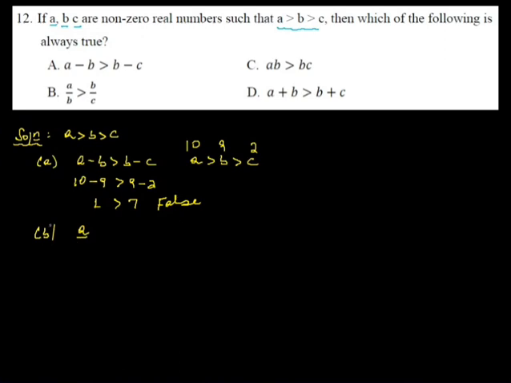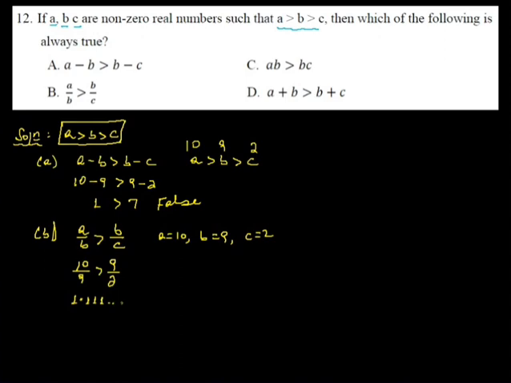A over B፣ የBን ስቴትመንት ስናይ A over B is greater than B over C ይለናል። እንግዲህ ተመሳሳይ ABC ቫልዩ እንወስዳለን። Take A is equals to 10, B is equals to 9 and C is equals to 2, ምክንያቱም A greater than B, B greater than C ስለሚል you have to take in this order። So በA ቦታ 10 እናስገባለን። 10 over 9 is greater than 9 over 2፣ ይሄ ማለት 10 over 9 ማለት 1.111 እያለ ነው የሚሄደው። Greater than 9 over 2 ማለት 4.5 ማለት ነው፣ 1.1 something is not greater than 4.5። This is false፣ ይሄ false ነው ማለት ነው። ስለዚህ Bም correct statement አይደለም፣ it's not always true።